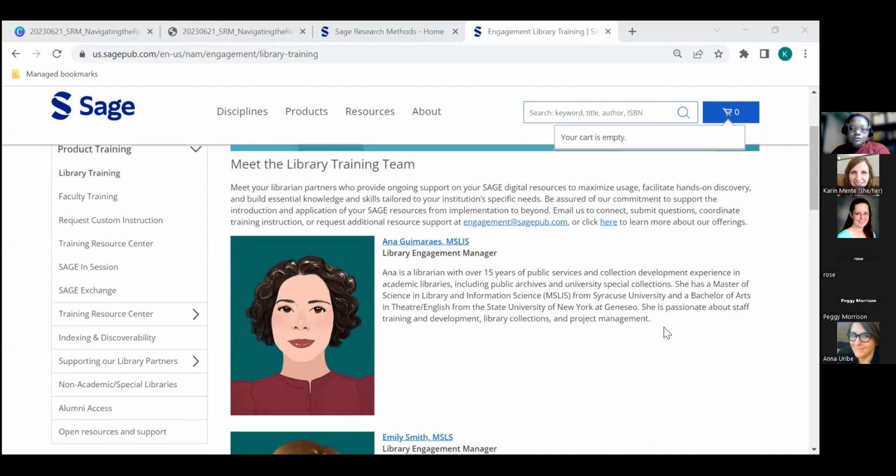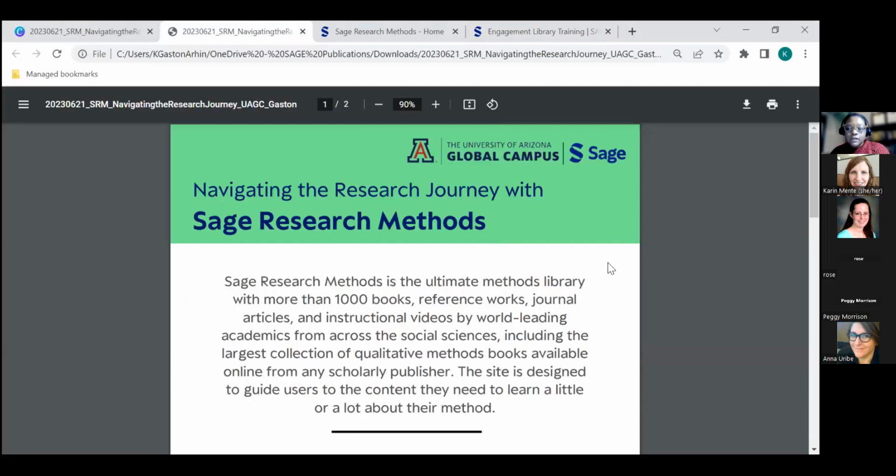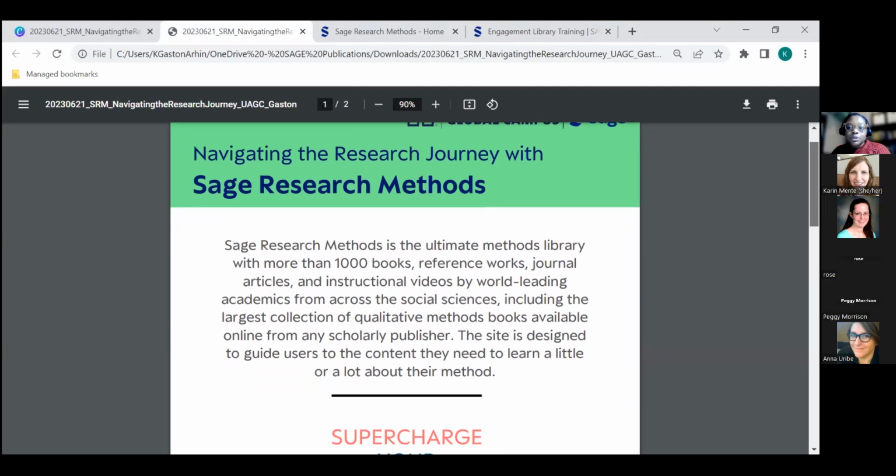So today we're going to focus on SAGE Research Methods. SAGE Research Methods is a favorite of mine since I've joined SAGE, and I think it can quickly become a new favorite of yours too. As we talk about SAGE Research Methods today, we're going to do so from the perspective of someone moving through the research journey. We know that our students, our learners, come to us with a ton of different skills and different knowledge sets, and we just want to build on that